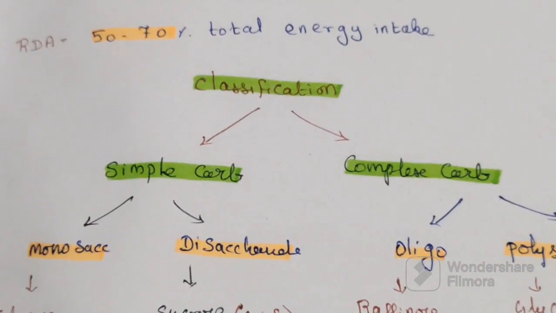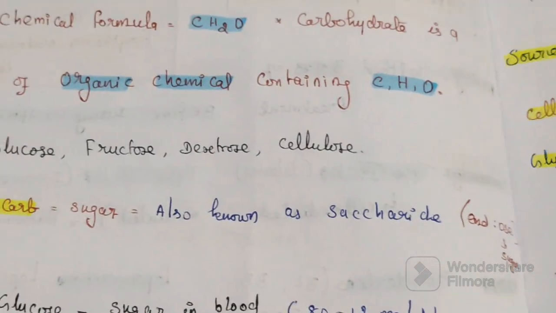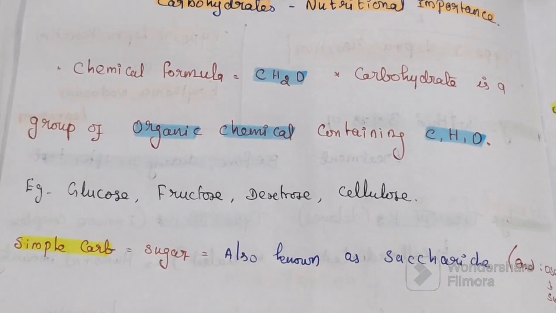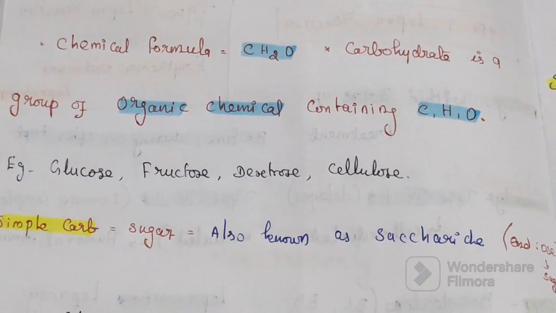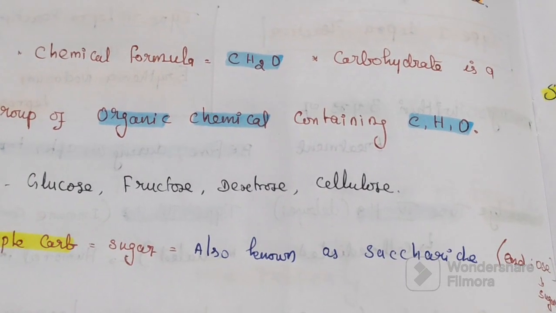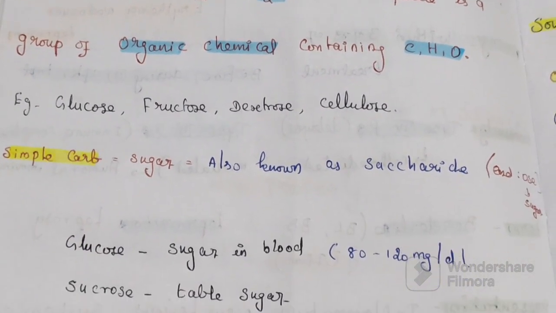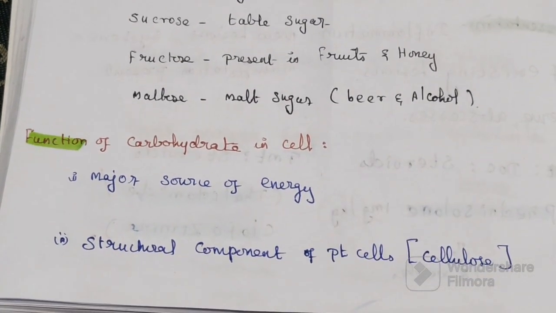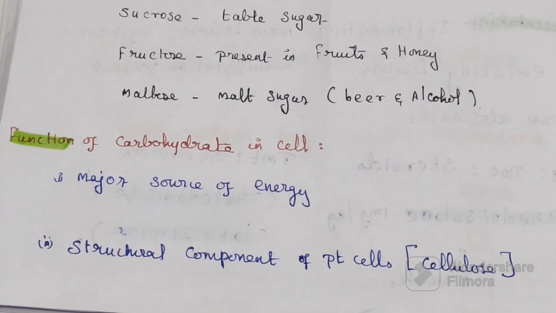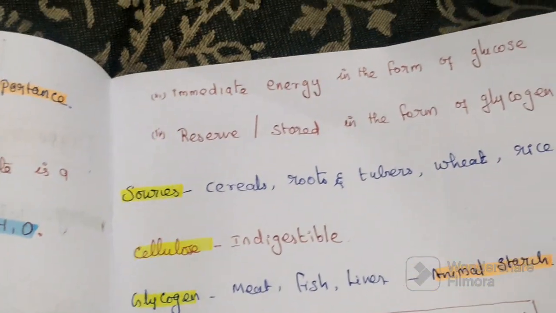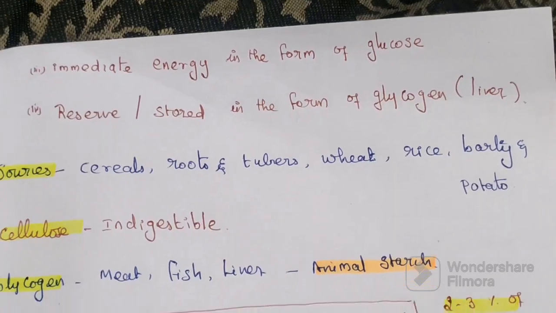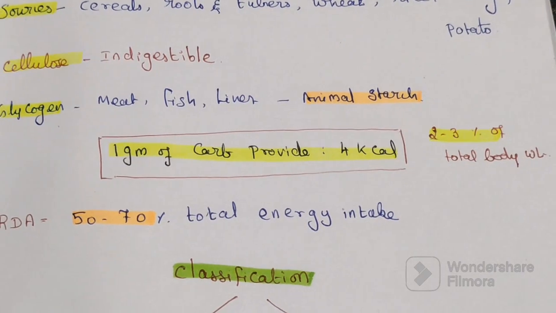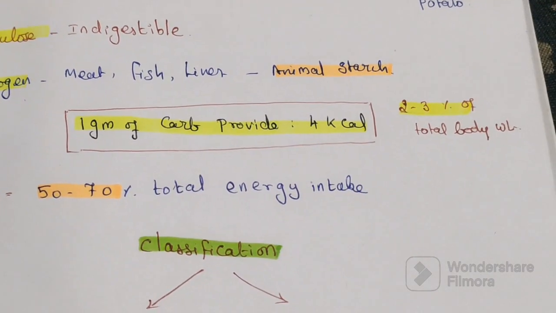So this is all about carbohydrate. In this video we discussed the nutritional importance of carbohydrate. The formula is CH2O, with carbon 1, hydrogen 2 and oxygen 1 present. Examples: glucose, fructose, dextrose and cellulose. It provides a major energy source, structural component, immediate energy, then reserve form. Sources: 1 gram of carbohydrate provides 4